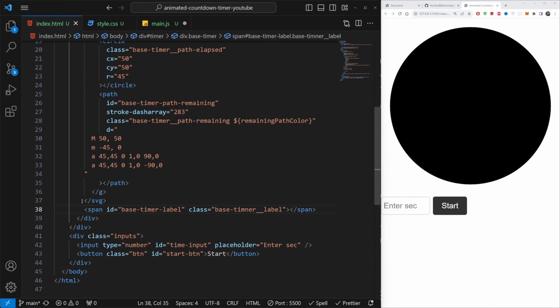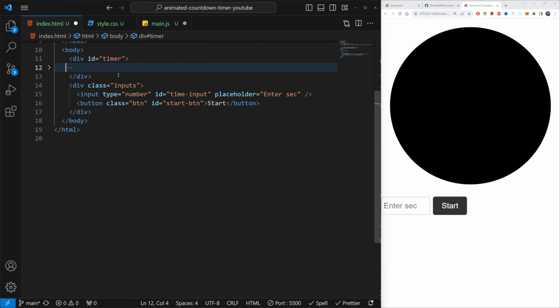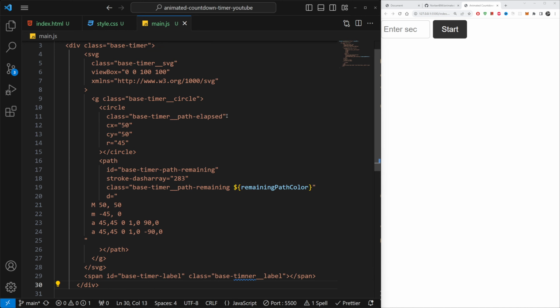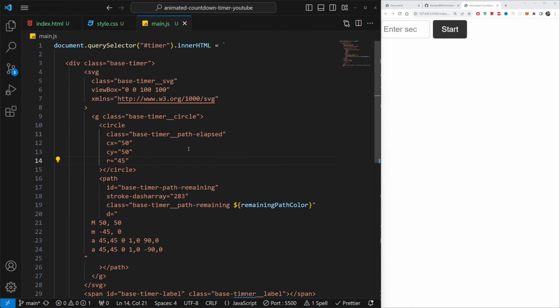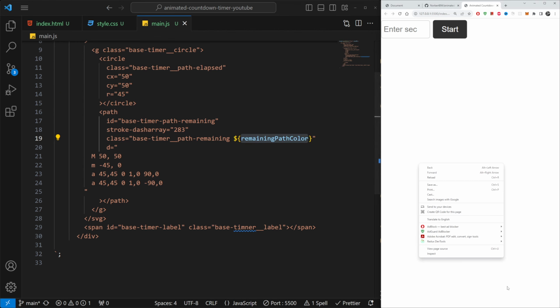Now, everything that I just created in our timer, I'm going to copy, including this div, cut it out, save it, and go into our HTML and paste it in here. Okay, so you're most certainly not going to see anything for now, but we are going to take care of this in just a couple of seconds. Also, you're going to have an error, most likely because you're missing this little fellow. So inspect